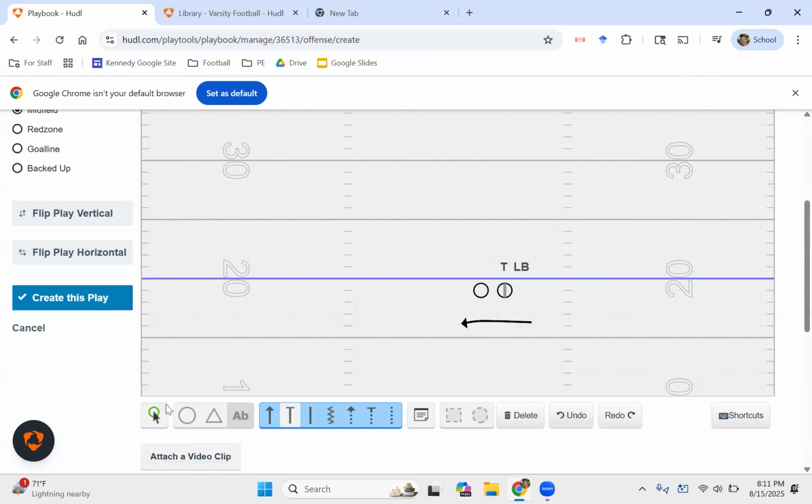Now, like I said, if at the snap of the ball there is no one threatening our gap, then we can double team. And when we double team, the goal of the double team is to throw this guy into somebody's gap, so then he can block that guy, and then the other guy can work up to the linebacker. That's what we're trying to do on double teams, is drive this guy into a gap because we're all gap accountable.